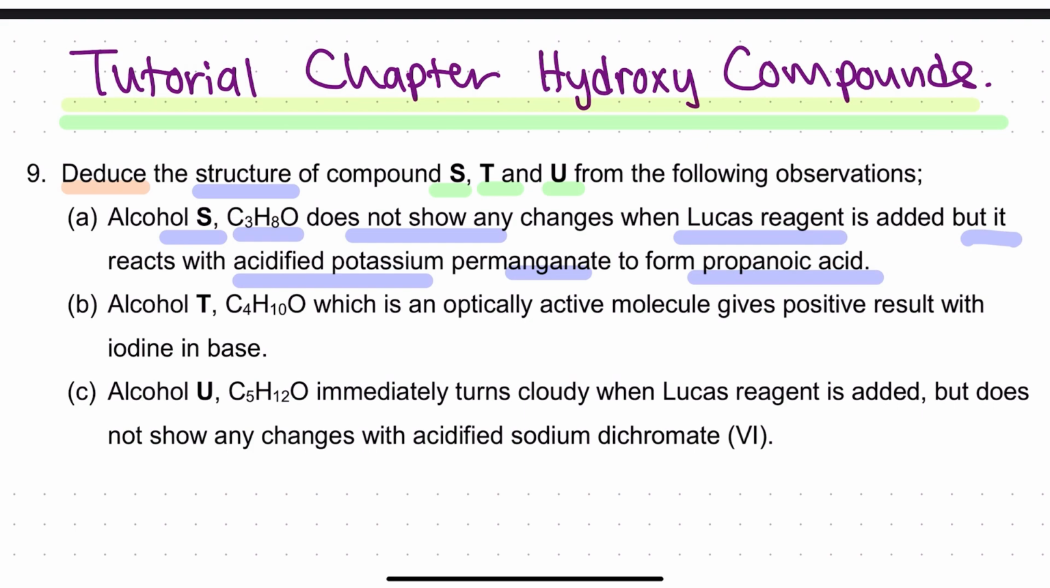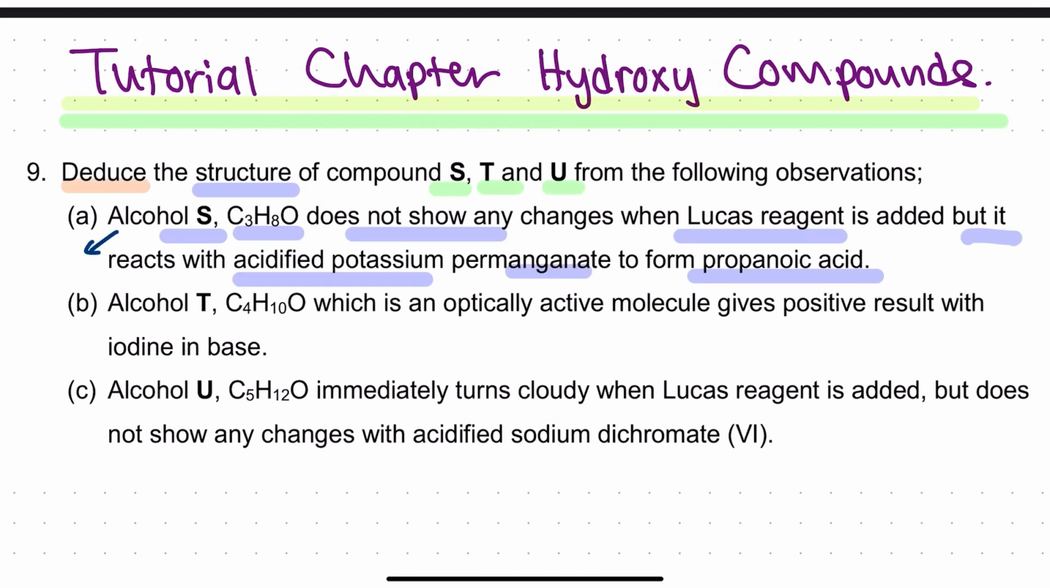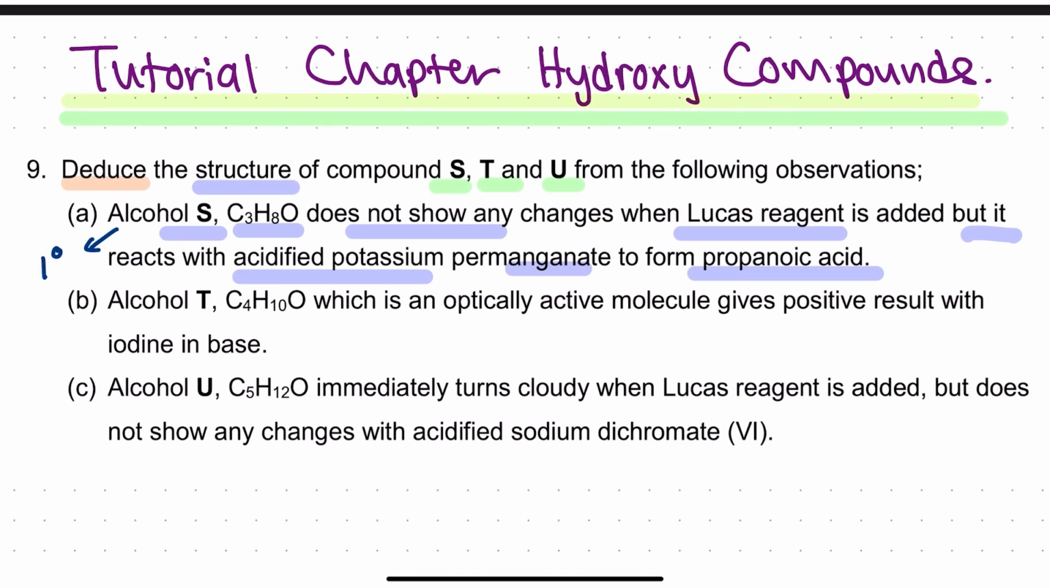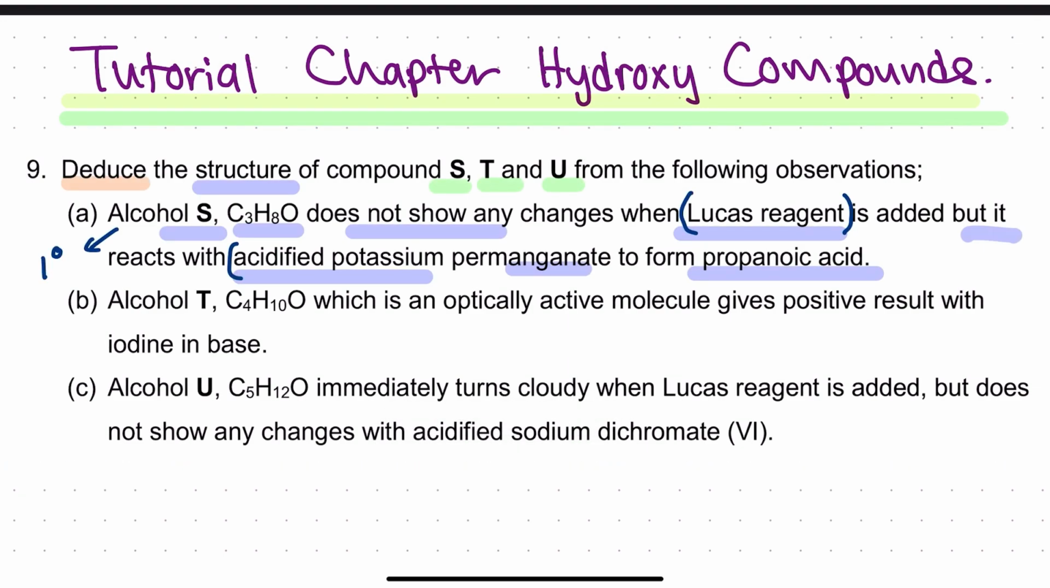So this is a good indication that alcohol S is a primary alcohol, because primary alcohols do not show a positive result with Lucas reagent. However, it can undergo oxidation with a strong oxidizing agent to form carboxylic acid. We can predict S is a primary alcohol with 3 carbons. So don't forget that. Don't just simply draw some primary alcohol. It must be a 3 carbon primary alcohol. Next